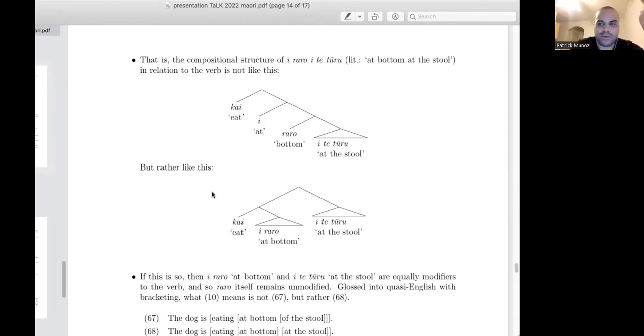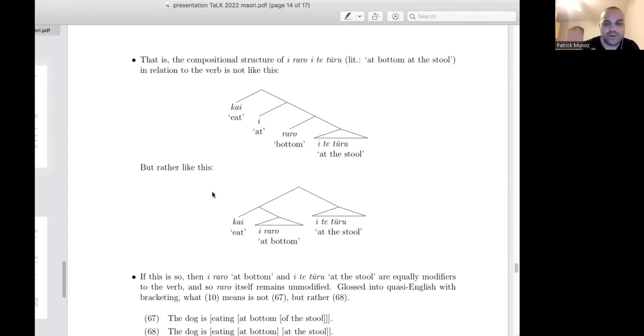But you get these ambiguities even in languages that subordinate with prepositional phrases, like English. I'm at my computer in my apartment can be read as in my apartment modifies computer, but it can also be read flat. And typically those readings can't really be told apart because, given your world knowledge, what's the difference, right? But you could think of situations where they come apart. The weird thing about the Maori then would be you expect an obligatory flat reading on this proposal, right? Yeah. But no, I agree.